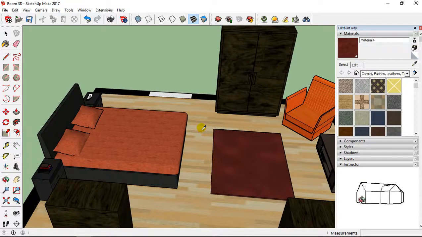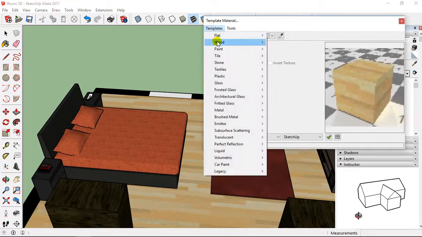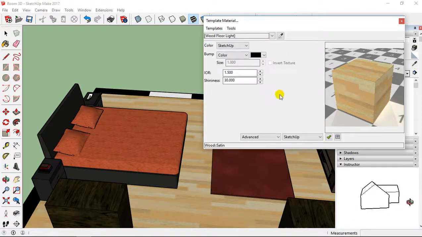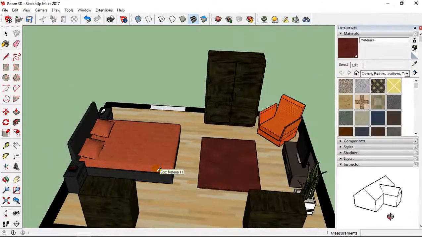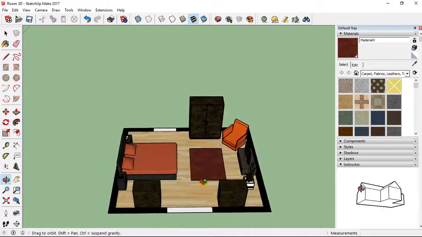I select also the wood floor, and I select template, wood, and this time why not select satin, like this. And so, it's okay with this, I edited all the different materials.